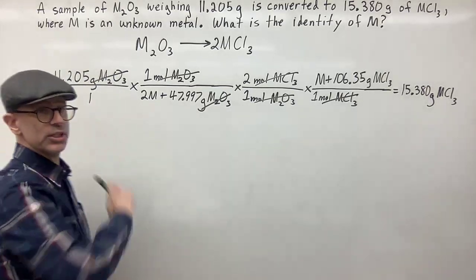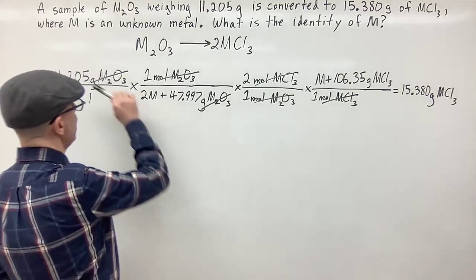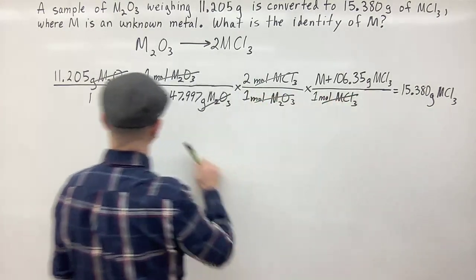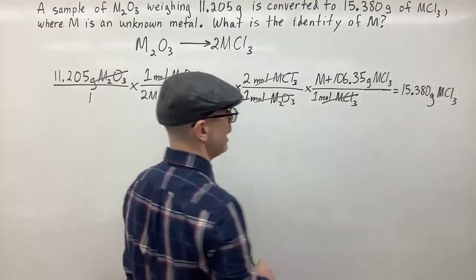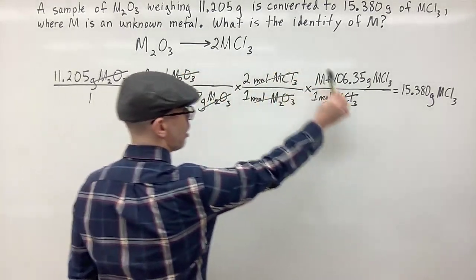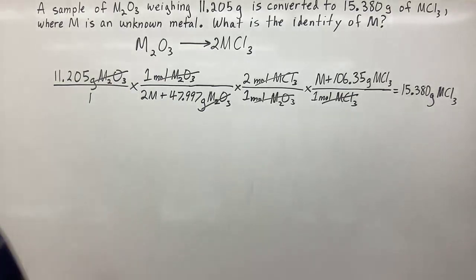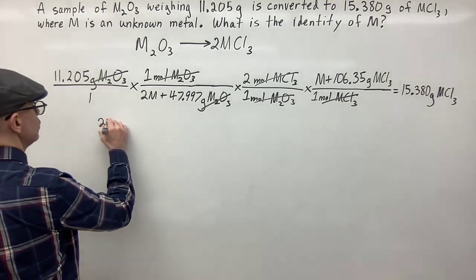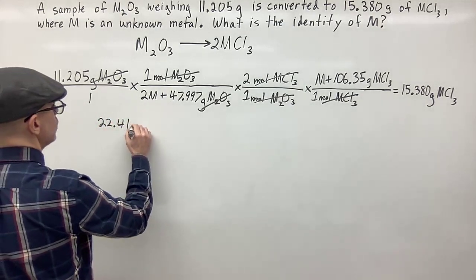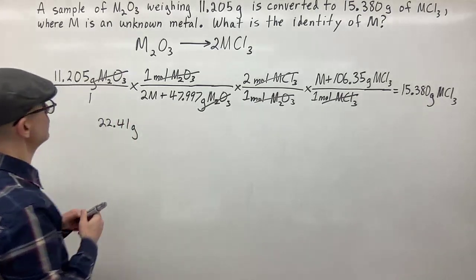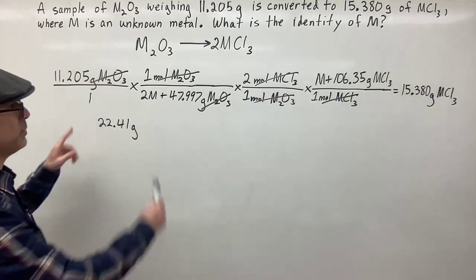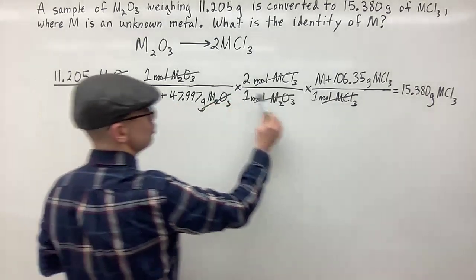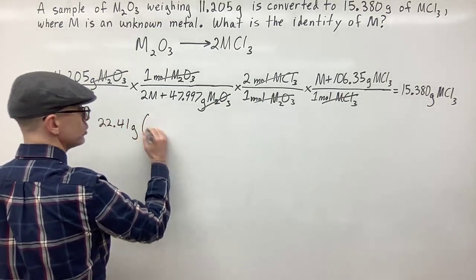So as you would normally do on any conversion factor problem, you're going to multiply by everything on the top and divide by everything on the bottom, and you'll get this all cleaned up. So when I do that, I get 22.41 grams, and that's because I'm multiplying this by 2 and then multiplying that by